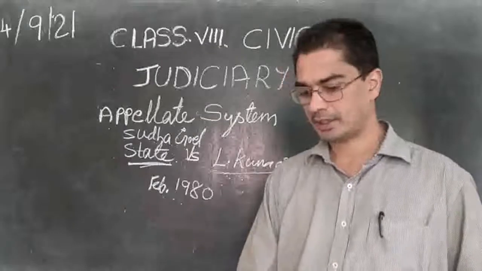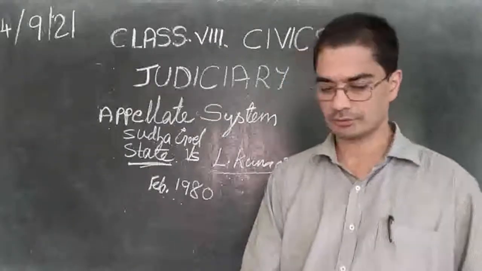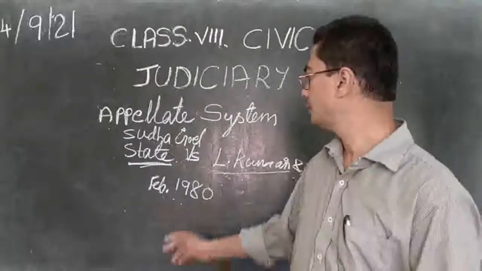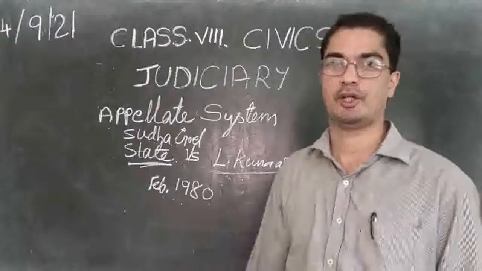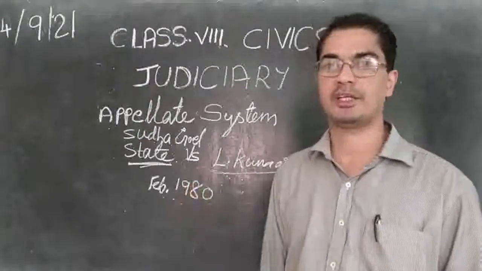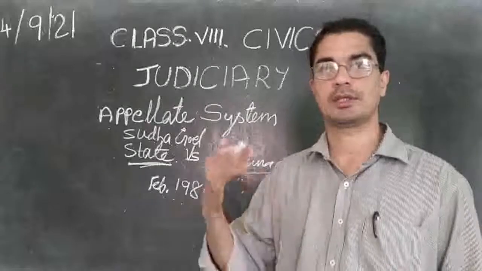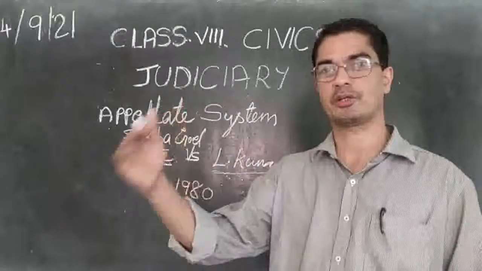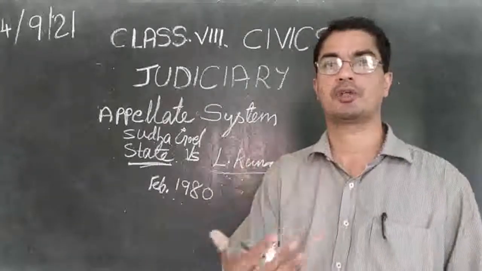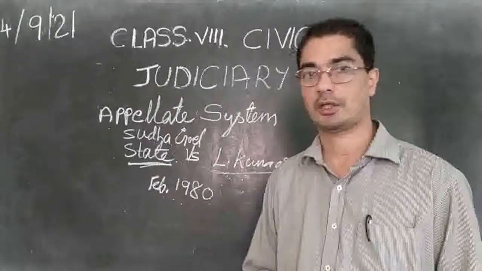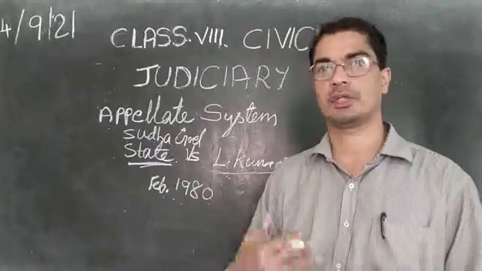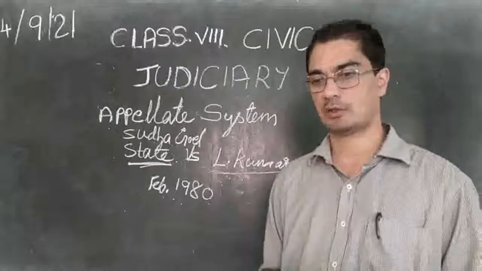So in which year did Sudha die? She died in 1980. But finally when the verdict came out from the Supreme Court, it was 1985. So 5 years it took for the case to go through lower court, High Court, Supreme Court and so on. So they might have spent a lot of money. They have to pay the lawyer fees and there are court expenses. Every time the court calls they have to go up and down. So a lot of expenses are also there.